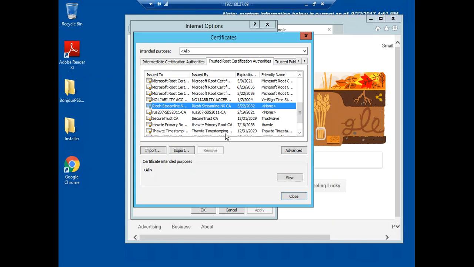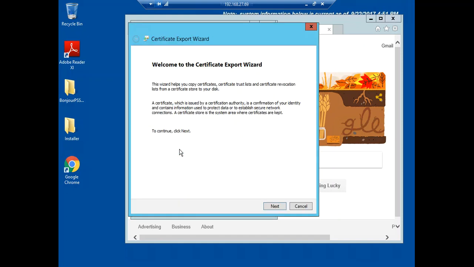This certificate is installed by default. If you remember from the previous video, we did not have to enable SSL or anything of that nature. Streamline will install this certificate on all devices. So what we're going to do here, once the certificate is selected, we're going to click on Export,